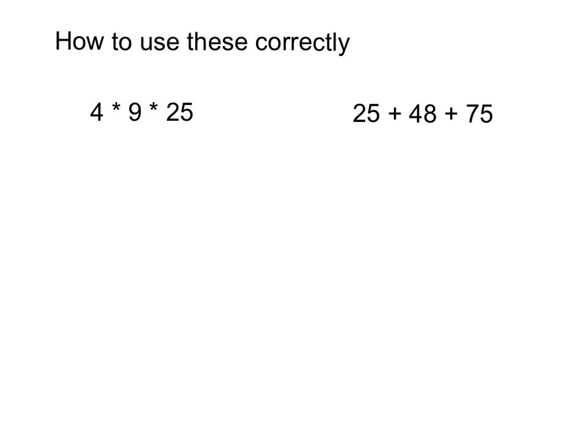So in order to use these correctly, we can use the associative or the commutative property in any order that we want to, as long as we're keeping things the same when we're not changing anything. And so we can work some of these examples and think about what would be easier